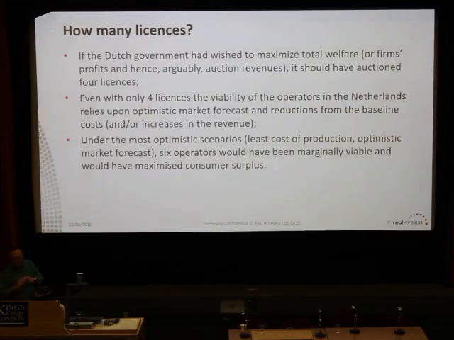So what we actually showed is that the Dutch government were under enormous criticism from their press when they let, I think it was 4 licenses. But actually, even when you look at it, it was still a really dodgy business case. And subsequently, there was harmonisation and rationalisation within the Netherlands. It was actually quite nice because we did all these numbers, and it turned out that it actually matched. It kind of gave the Dutch economic minister a sort of get out of jail free card, and we didn't even fudge it. It was great.